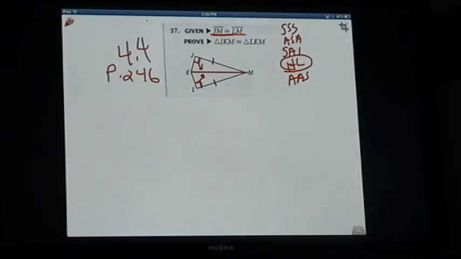Hypotenuse leg means that we have to prove that the hypotenuse and one of the legs of the right triangle are congruent. Well, we have the hypotenuse, and then we have one of the legs, LM and JM. So we can prove this by hypotenuse leg. And we don't even have anything that we really need to add to it, except to say,